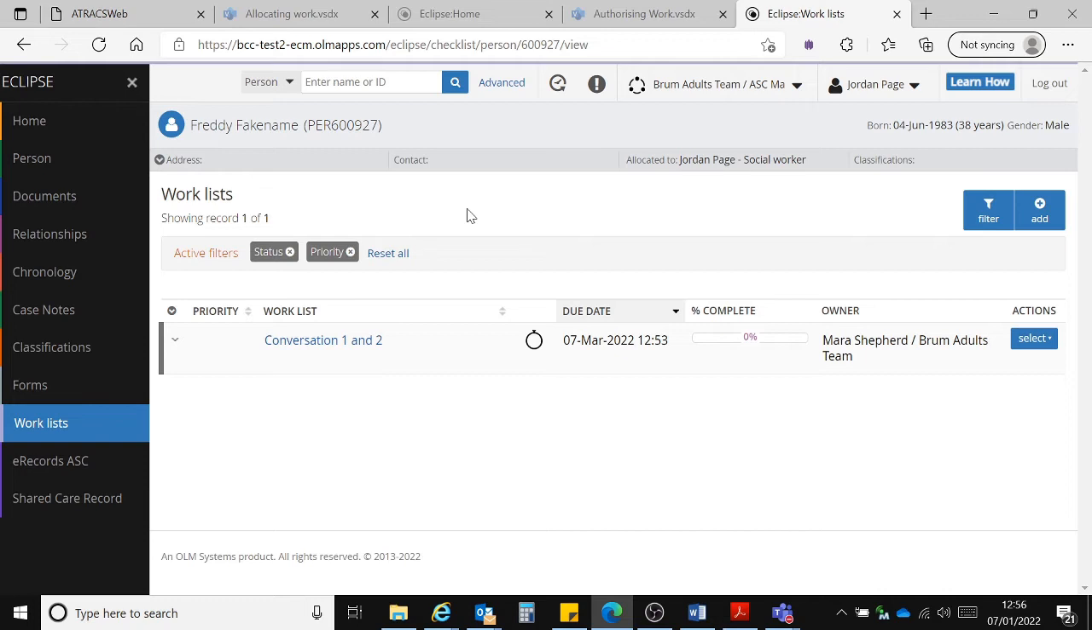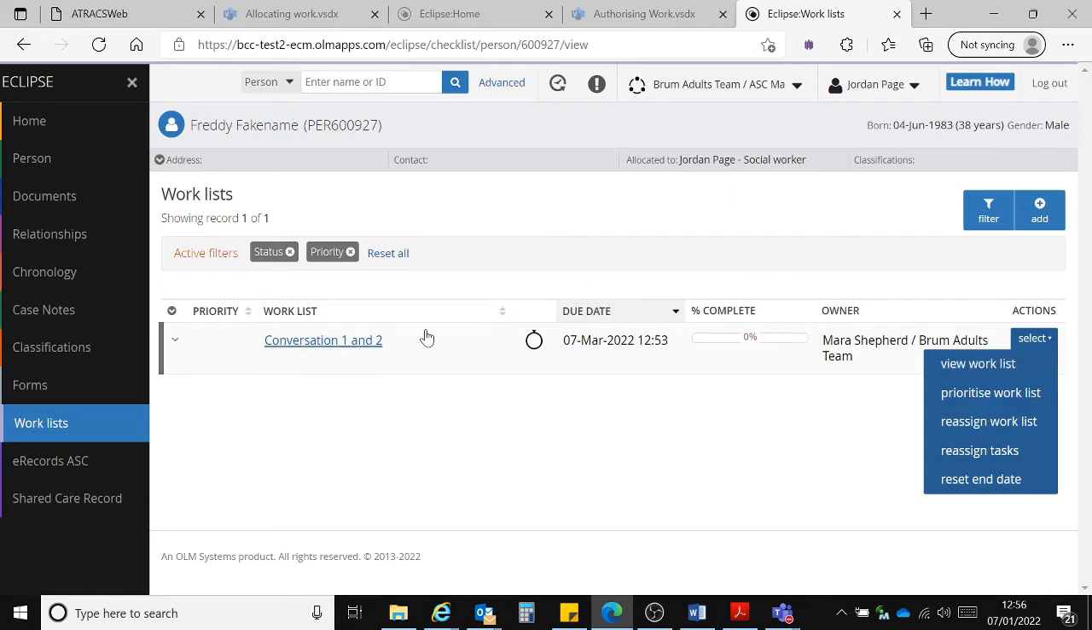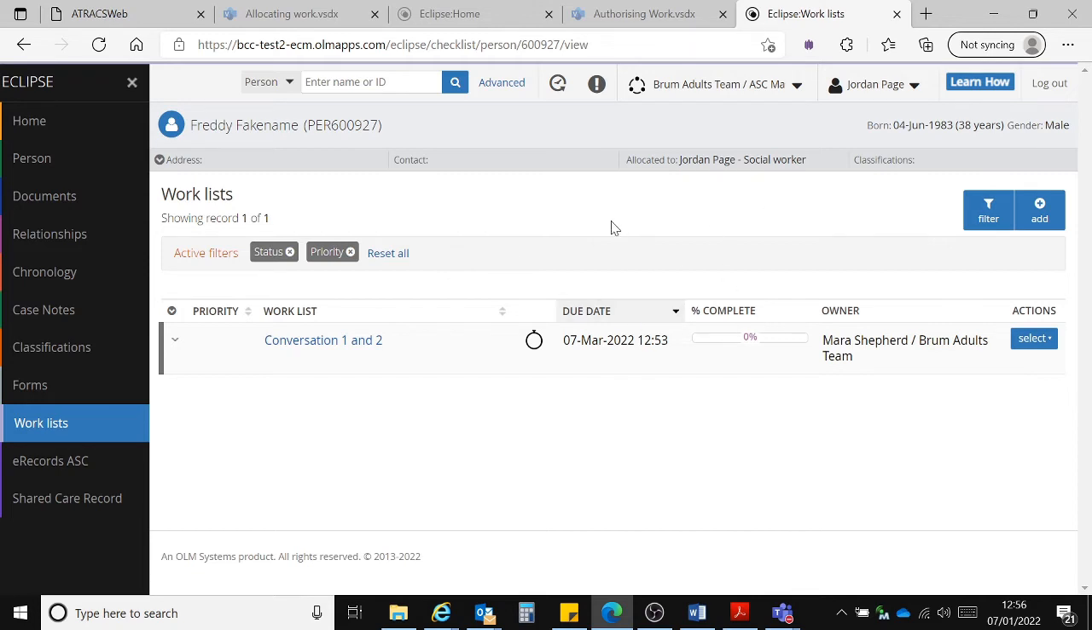Obviously, as a manager or someone with managerial access, you will be needing to assign work as it comes in, and also, for example, if workers go off sick or work needs to be reallocated. And again, to do that, it's as simple as just clicking the select button on the work lists you want and reassigning them, and you can move them as needed, which will send an automatic notification to the person. So that is how you create an allocated worker and can move work lists to different workers for them to fill out. I will now show you how to authorize work,